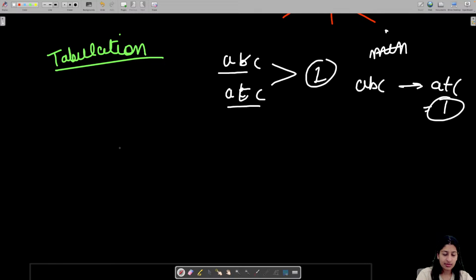So we have a table, let's say with ABC, and this is an empty string, and the same here, an empty character, then ATC. What we are going to do here is that